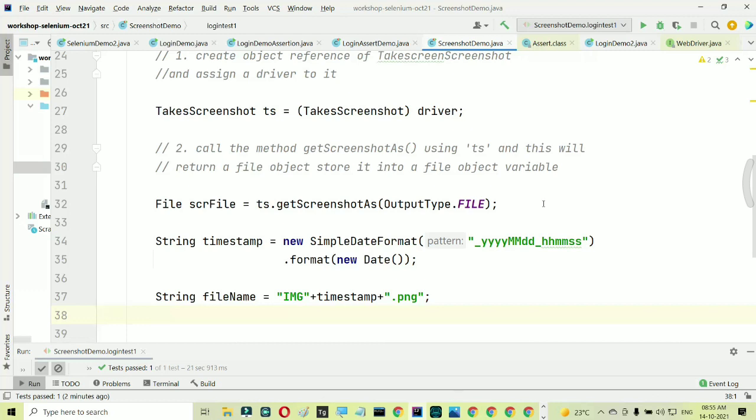Today we have learned the assertion part, that is how to compare actual and expected result, and then how to take screenshot. Tomorrow will be the last day of our workshop, and we are going to see an introduction to some frameworks like page object model and data driven framework. Tomorrow the complete framework we cannot complete, but I have given you a bonus gift wherein you will get a detailed tutorial on data driven framework and page object model. I will just introduce it tomorrow.